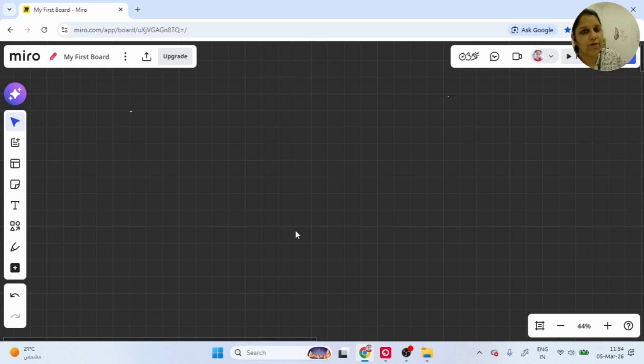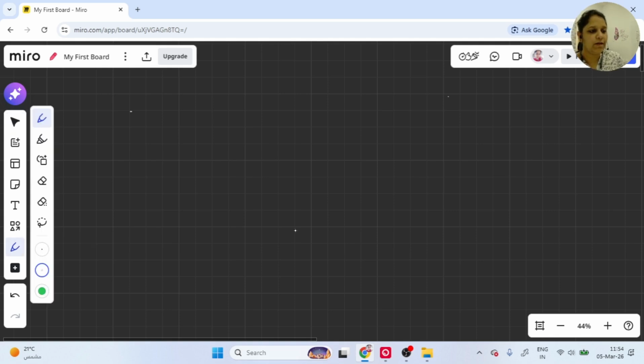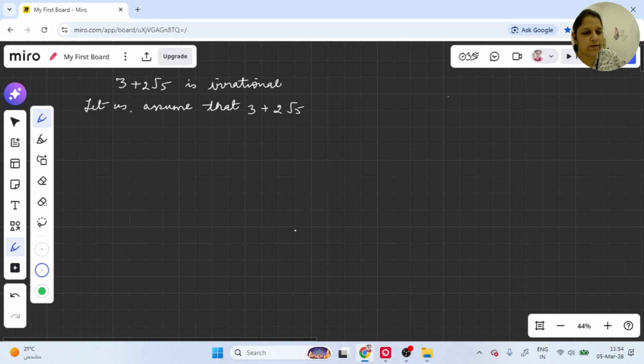सो क्या बोलते हो, एक और क्वेश्चन करा देती हूँ कंसेप्ट क्लियर करने के लिए, द लास्ट पार्ट ऑफ क्वेश्चन नंबर 3। सो इन द लास्ट पार्ट ऑफ क्वेश्चन नंबर 3 व्हाट वी नीड टू प्रूव दैट 3 प्लस 2 रूट 5 इज इरेशनल। तो देखो अभी जितने क्वेश्चंस किए वो हमने कॉन्ट्रडिक्शन से किए हैं, अजम्पशन करके किए हैं। सो इसमें भी हम अज्यूम कर लेंगे, लेट अस अज्यूम दैट 3 प्लस 2 रूट 5 इज रैशनल। सो अगर ये एक रैशनल नंबर है देन इट विल बी इक्वल टू